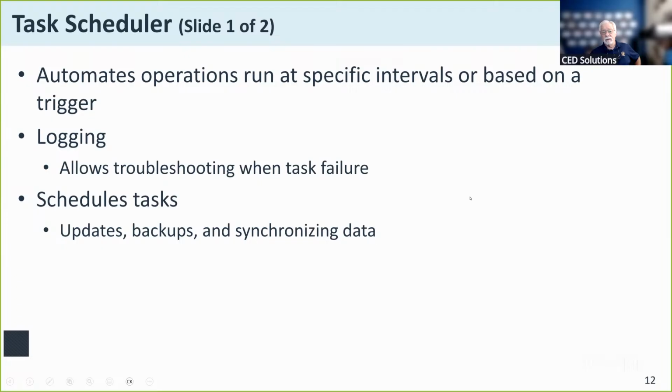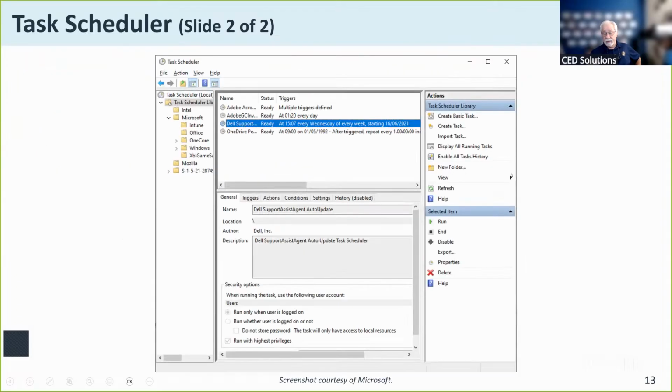Task Scheduler is a means of scheduling tasks to run in the future. I can schedule the task to run on particular date times. I can have tasks run based on certain events occurring and then triggering the task to run. Task Scheduler, just like all of your other administrative tools on the system, generates log entries, and you can track the logs and see what the Task Scheduler actually performed.